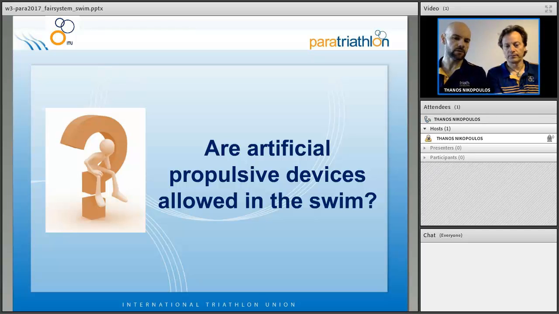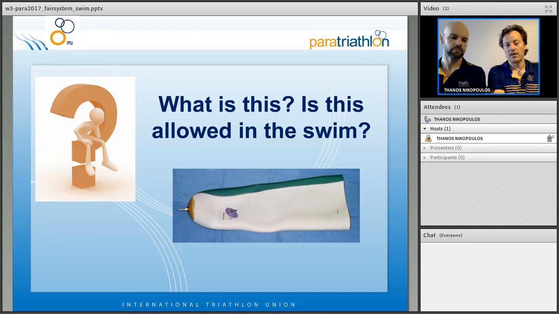Eric, what about the artificial devices, propulsion devices for paratriathlon? Are they allowed in the swim? So as we mentioned before, for the other classes, the so-called standing classes, obviously in the VI we don't allow any kind of assistive device. In theory, they're not using any of this equipment. But from PTS 2 to PTS 5, obviously there may be some prostheses, different orthotics, assistive devices that athletes use. None of these are allowed to be used in the swim, as they are considered a floating device or an assistive device that is not allowed in the swim.